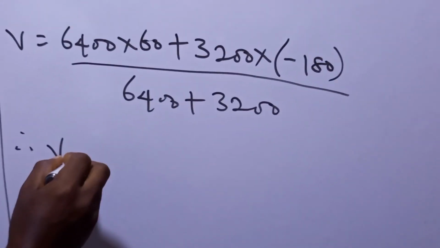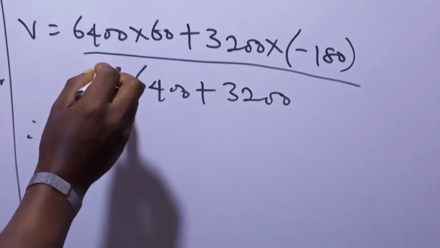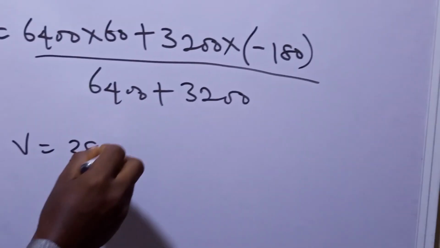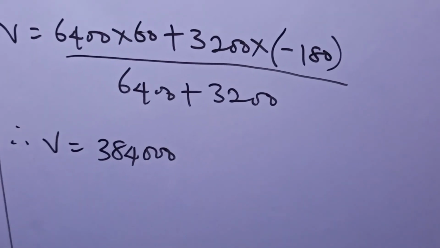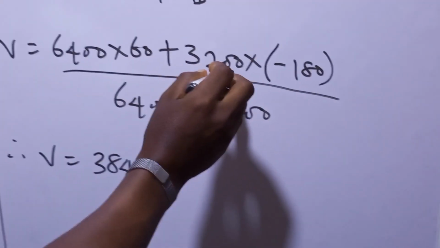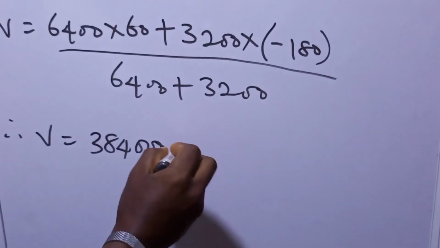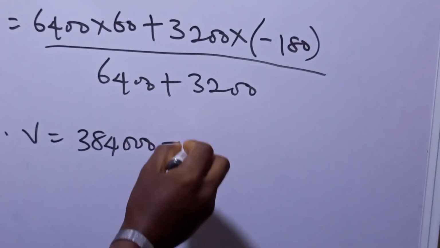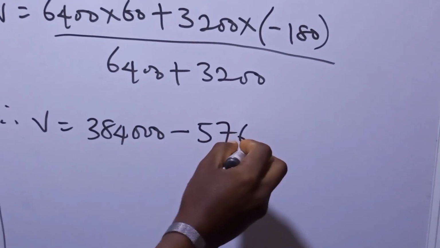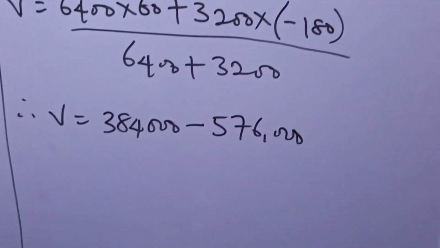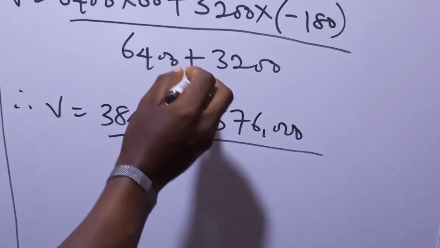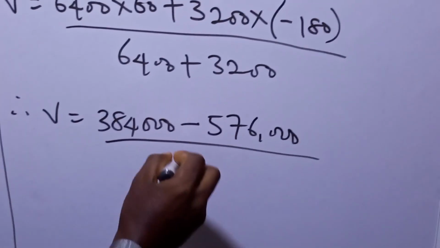Therefore, if you multiply 6,400 by 60, you will have 384,000, and then plus 3,200 multiplied by minus 180, it will be minus 576,000, divided by 6,400 plus 3,200 will give you